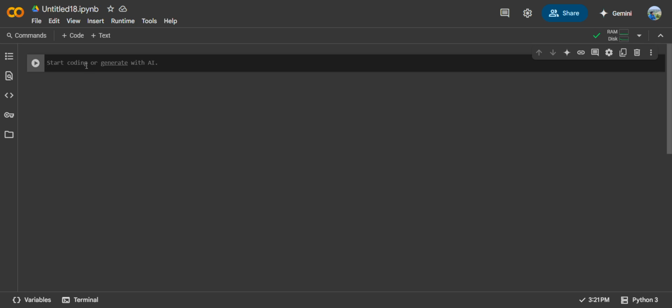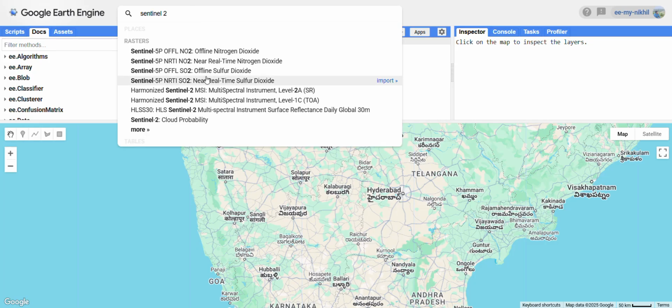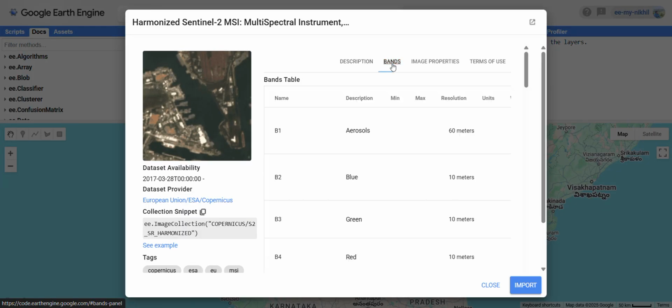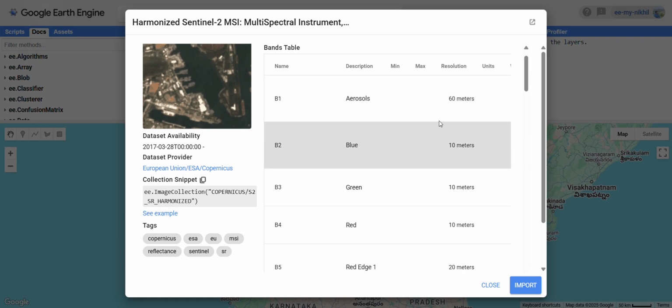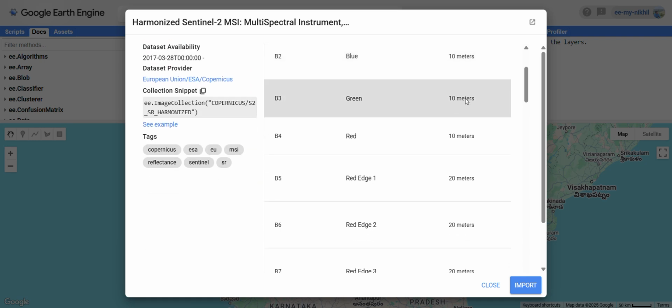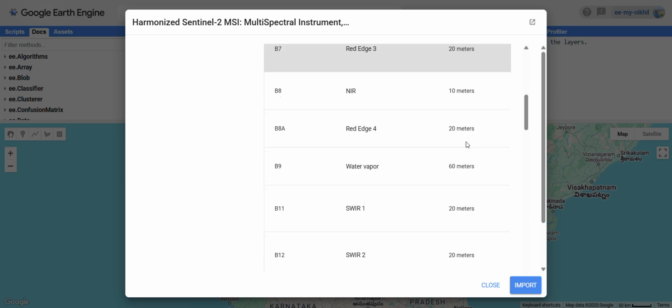So remember, we will go to Google Earth Engine. If you can just search for Sentinel-2 and go to Sentinel-2A, and come to the bands, you will find the resolutions in here. So for the aerosol band, you have 60-meter resolution. For the red, blue, green, and near infrared, you have 10-meter, and for the rest, you have 20-meter